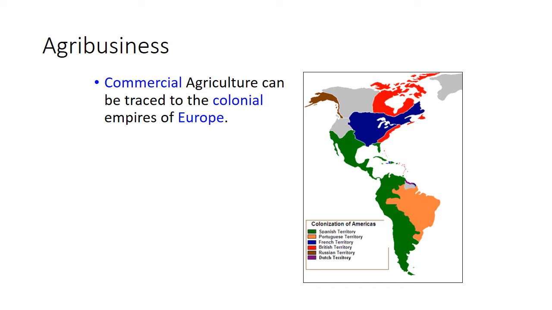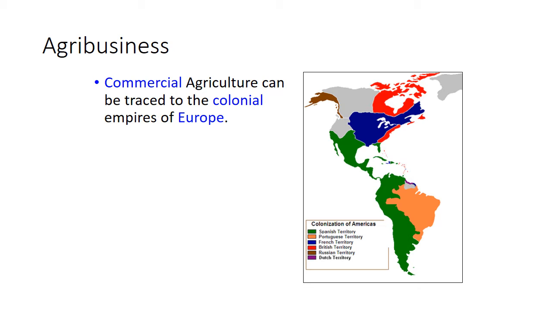All right, today we're going to finish up part two of the agricultural section by taking a look at agribusiness. Now remember, agribusiness is any large scale business that deals with agriculture, so it's pretty straightforward. We generally look at this through what's referred to originally as commercial agriculture, and remember, this can be traced back to the colonial empires when we look at North America and South America as providing sources of raw materials for